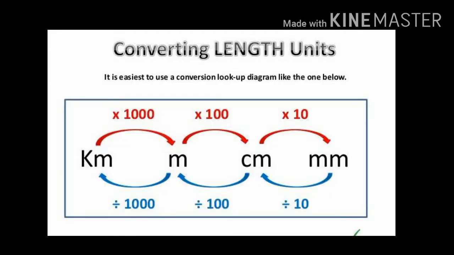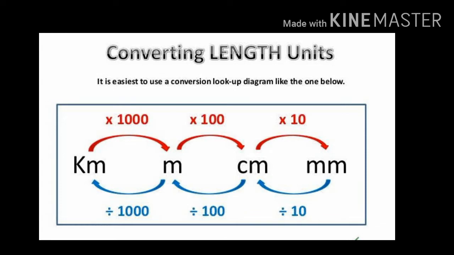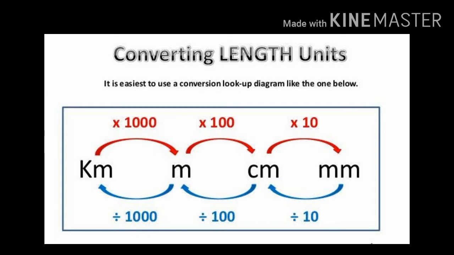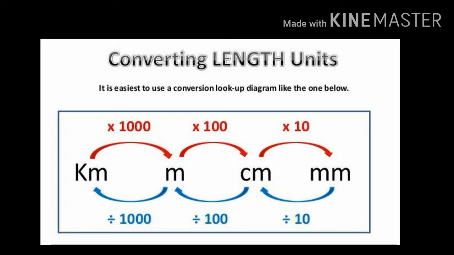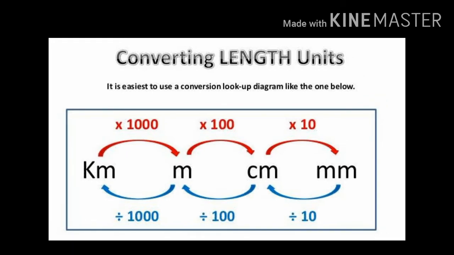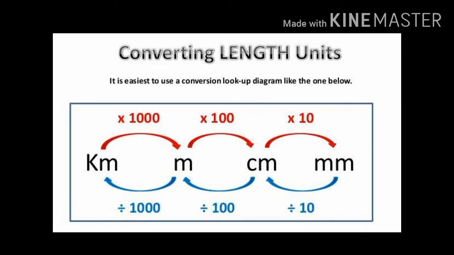Students, if we convert kilometer to meter, we will multiply by 1000, and if we convert kilometer to centimeter, first we will convert the value into meter by multiplying by 1000 and then multiply that value by 100 again. And if we are supposed to convert the value from kilometer to millimeter, first we will convert the value into meters, then into centimeter, and then into millimeters. Dear students, we will convert the kilometers to millimeters step by step.